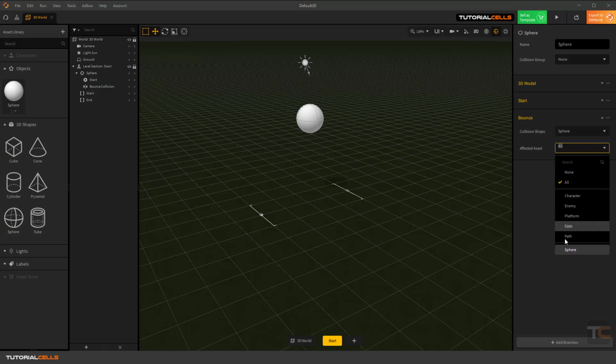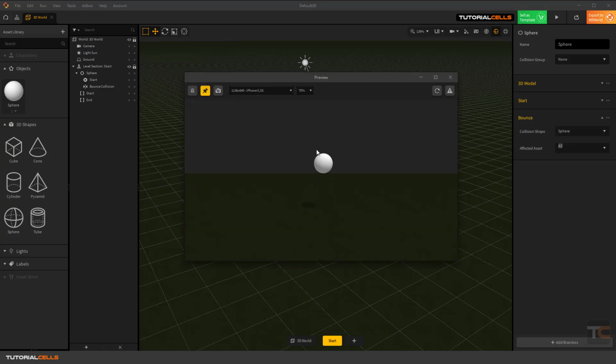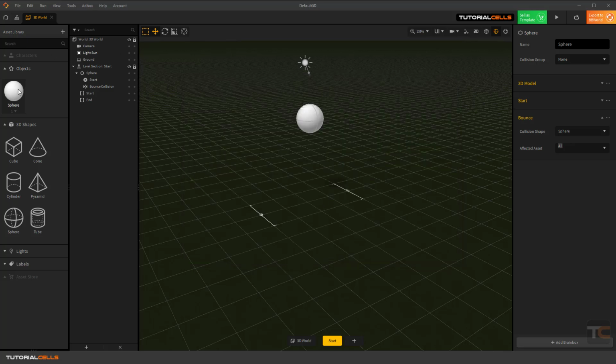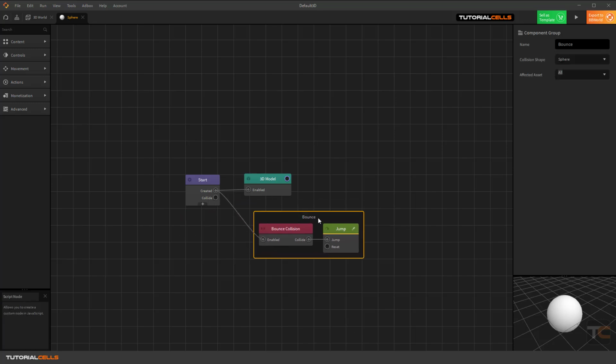All Category. These are categories, and these are specific objects that you inserted here. I explained it before. And you can see, unfortunately, it does not have anything for changing the power of the bounce, but you can see it's bouncing, nice. But if you double click and go to the mind map of this object, you can see it has